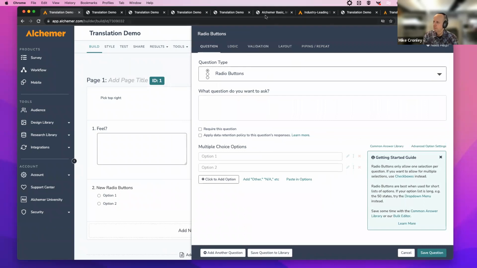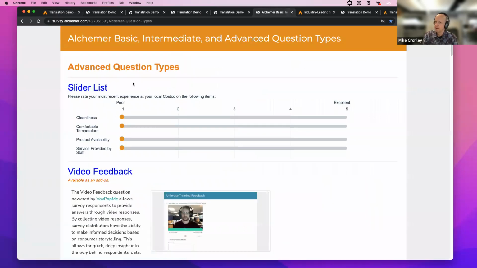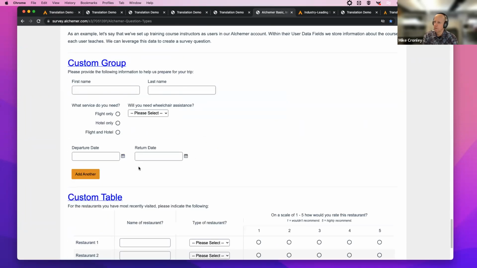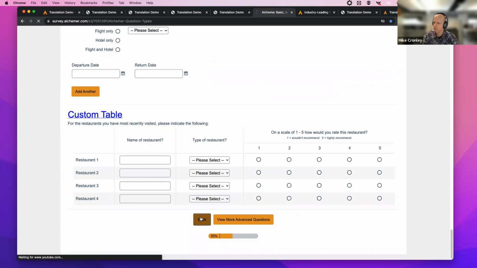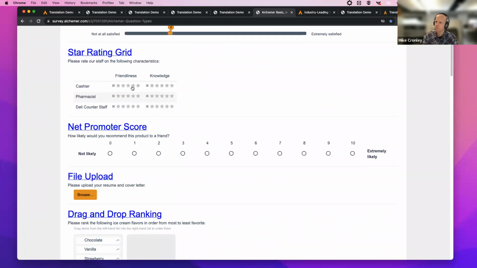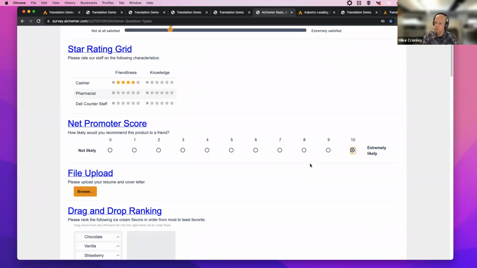But I wanted to share this with you. I built this in a survey. It has no validation applied, so you can skim through it quickly to experience these questions. I'm going to go back and start from the intermediate. These are pages. The first page is basic questions, which are pretty standard, but you can experiment with this and see what they do. Oh, it's a slider. People drag and drop. Star rating grid. So you can get the feel for what these questions do if you haven't used it before.